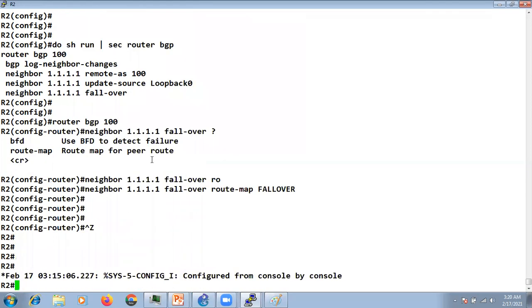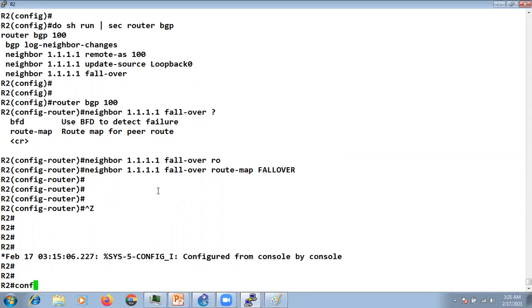In the ACL we are matching 1.1.1.1, so as soon as 1.1.1.1 goes down, it is going to break the neighborship. And with this, the default route condition that was violating in our last scenario, when we were using only fall-over, will also be resolved, because it is going to check this particular route in the routing table. It is not going to check the default route only.